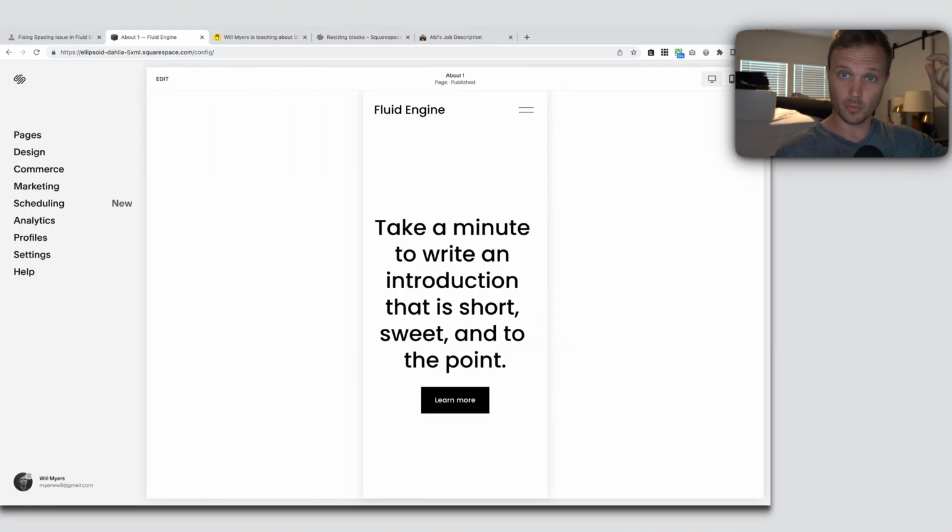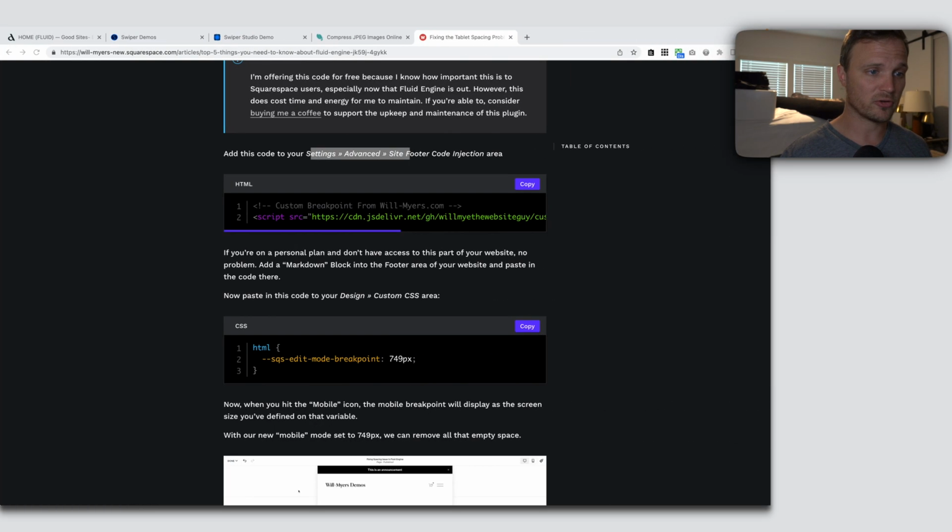All right, so if you're watching this on YouTube, there should be a link down below. Over on my website, down at the bottom of my article, you will see where some code is. So we're gonna put these 2 pieces of code on our website. This will allow for us to edit our text block on a larger device, on 750 pixels, 749 if we